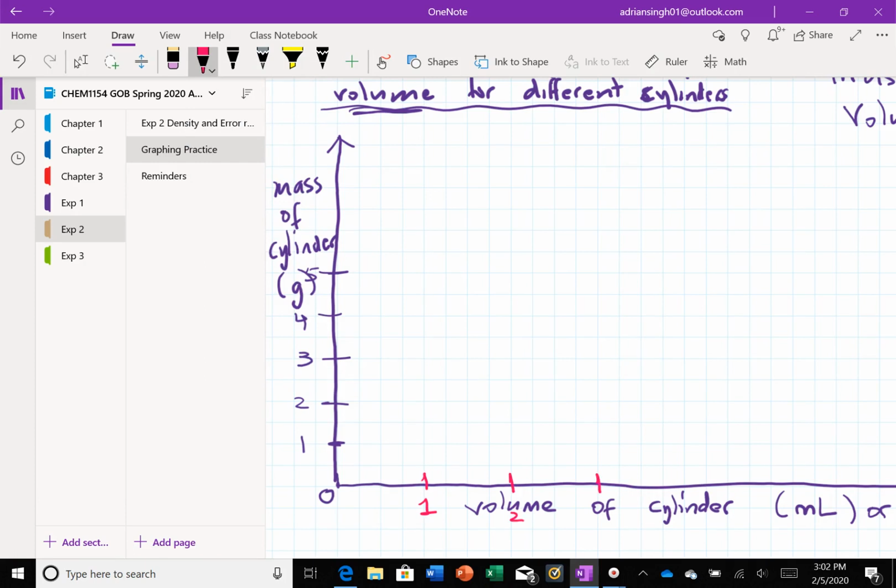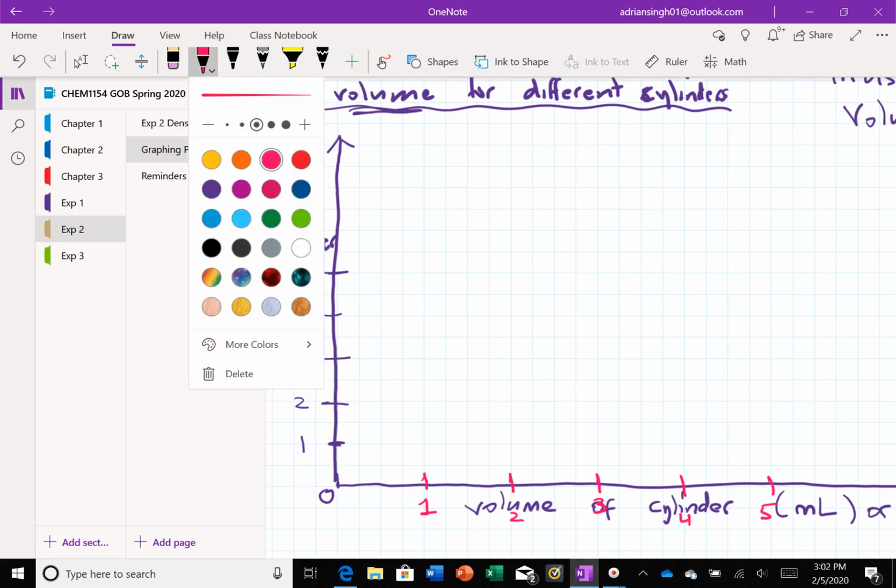2, 3, 4, that's 3 milliliters. This is 4, 1, 2, 3, and this is 5, etc. Right? So your scale may be like this, or it may be different. That depends on the data that you collected. So let's say your first cylinder had a mass of